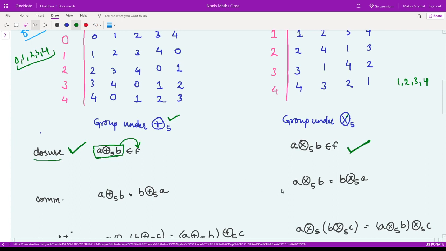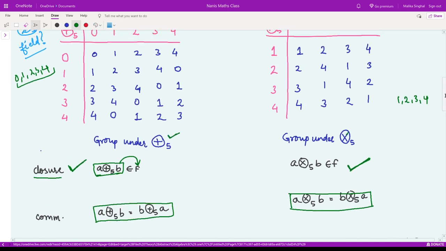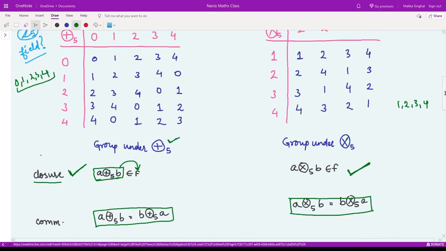The next property is to check the commutative property. Under these two operations, it would be A addition modulo 5 B should be equal to B addition modulo 5 A, and for multiplication, A multiplication mod 5 B should be equal to B multiplication mod 5 A, right? If you take any two numbers here, then the reverse should also be true. Let us have a quick look.